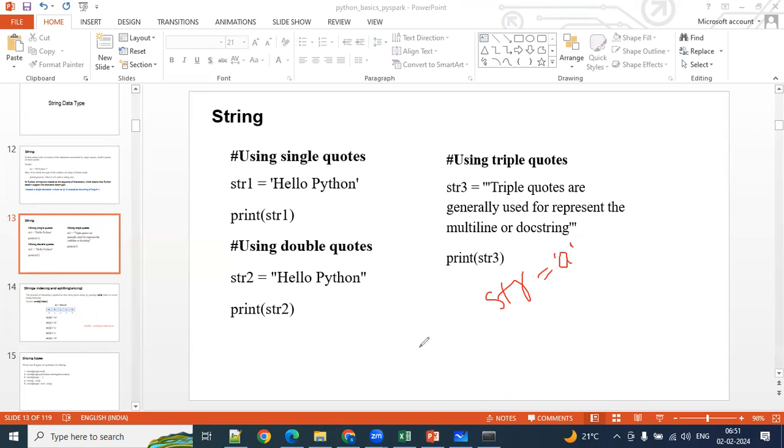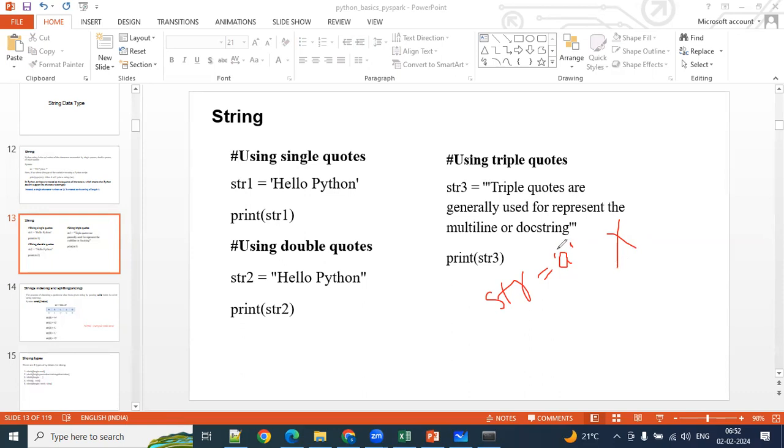In SQL, generally we have the char data type and the varchar data type or the string data type, right? To represent a single character, we generally take the char data type. But do we have a char data type in Python? I would say no. We don't have a separate char data type in Python.